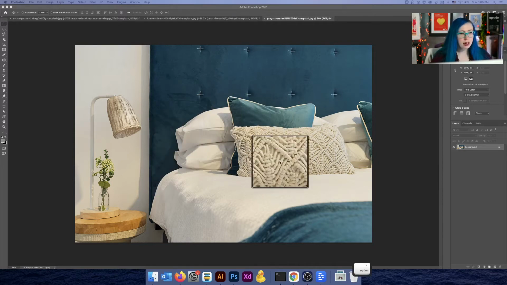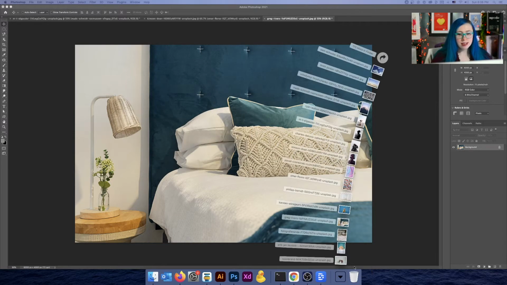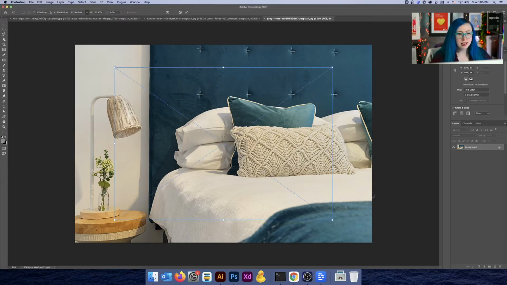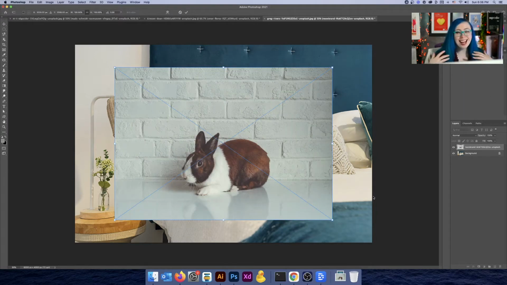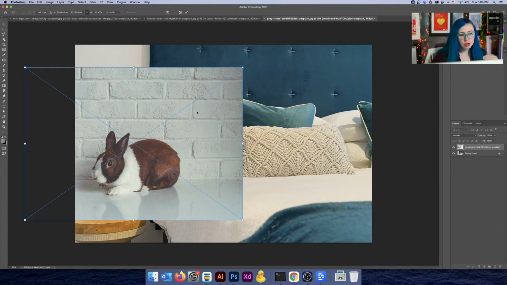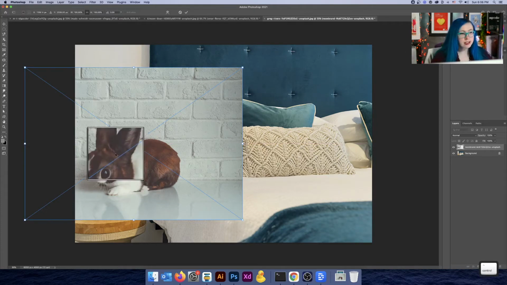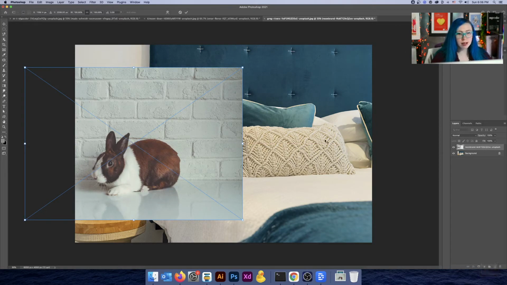Here we have a bedroom photo, and in my downloads, I have selected this rabbit photo, and I want to try and put these together. Now, this is going to be a challenge for a number of reasons. Although these look like they're shot at relatively the same level, I can see we're shooting just a little bit above the rabbit, and this is maybe a little bit more horizontal, so that's one thing we're going to have to deal with here. But overall, roughly the same angle of camera.